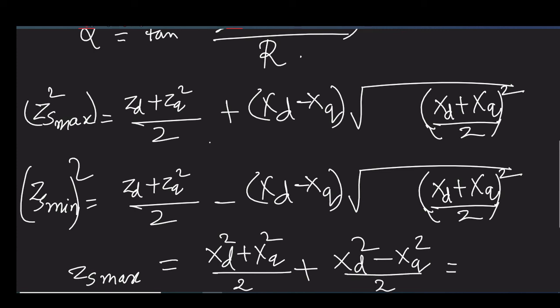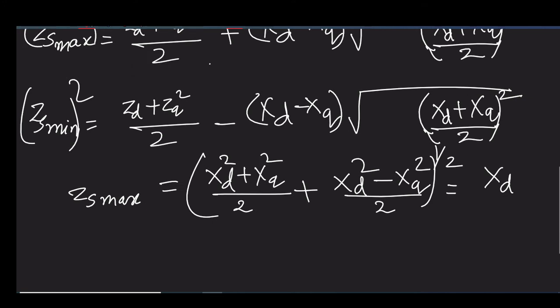So that will give you ZS max square is equal to xt square, or ZS max is equal to xt. Similarly, you will get ZS min is equal to